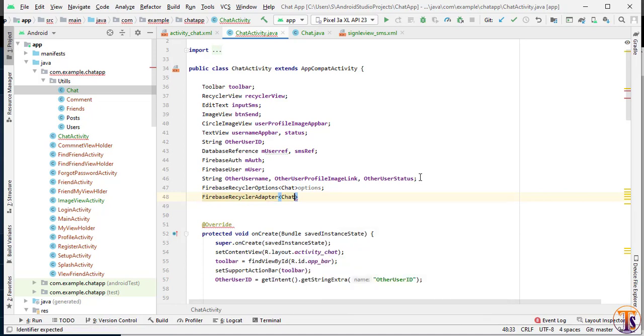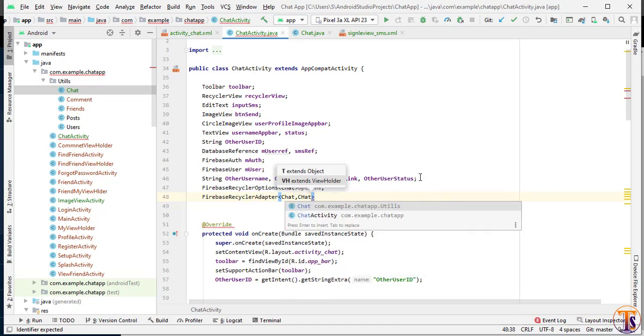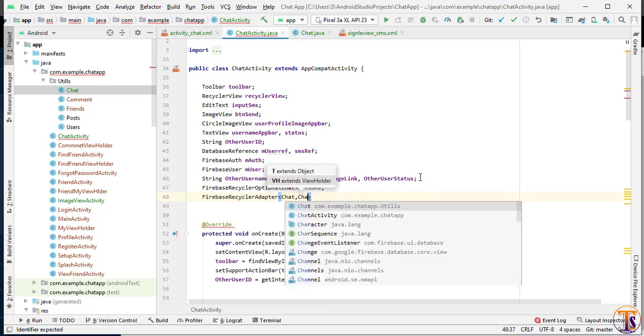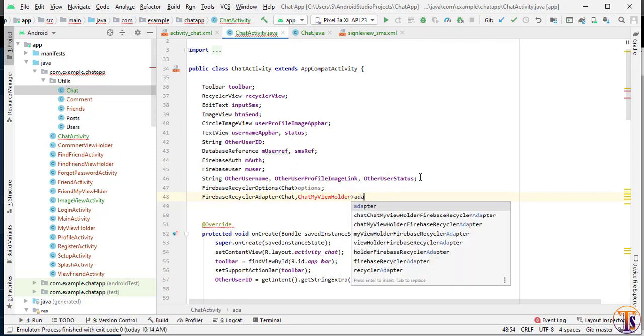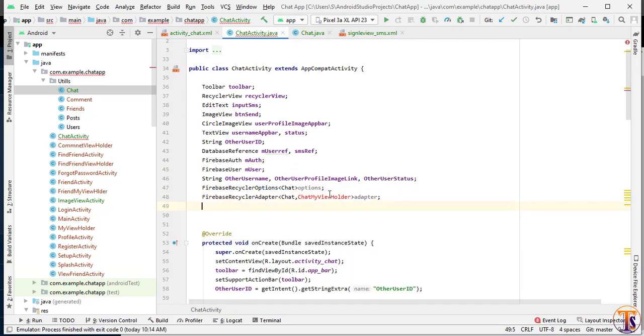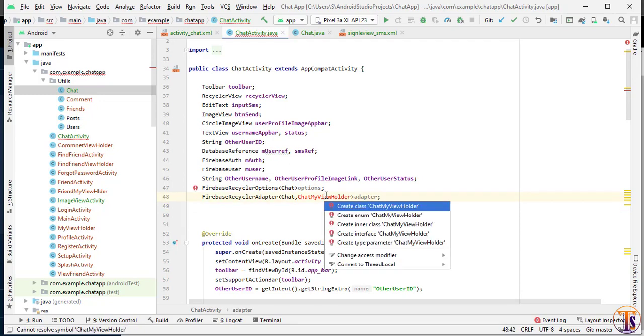First parameter is Chat.class and second parameter is my view holder. So I will pass here Chat, my view holder, and I will call it adapter.